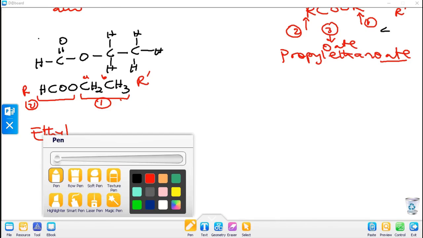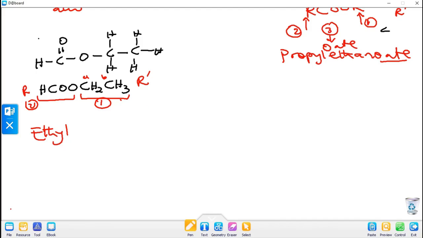Since it is ethyl, after naming this alkyl part that comes after COO, we come back to the COO part. How many carbon atoms do we have there? It is one carbon atom. One carbon atom is at the COO part. So it's going to be meth. Since it is meth, the rule says we name the alkyl part, followed by the acidic part, and then we end it with